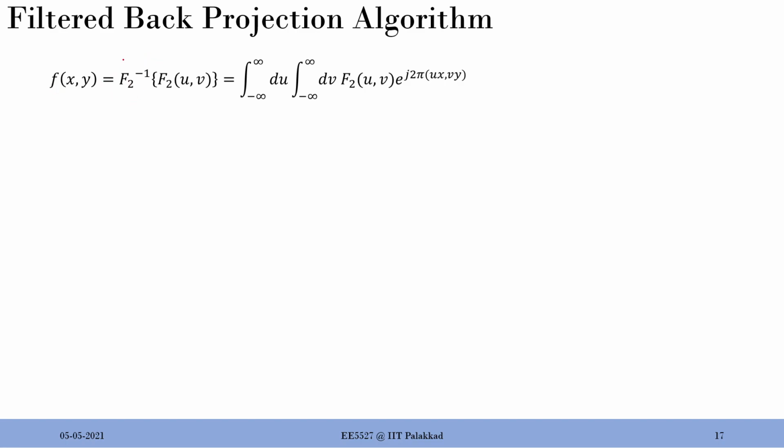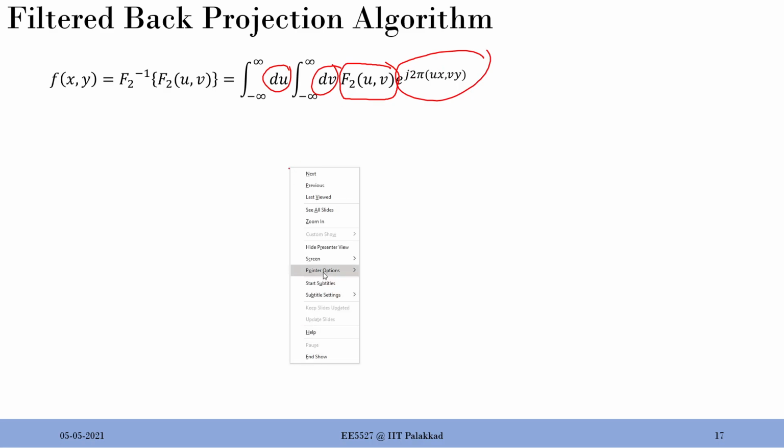So f of x, y is the 2D inverse Fourier transform of the 2D transform, right? This is quite straightforward. You take the 2D Fourier transform of your f of x, y, which is this. If I take the inverse of that, you get back to this, right? As simple as that. Now I just put it in terms of an expression here. This is basically your 2D Fourier transform, and the remaining is basically your inverse 2D Fourier transform, with du dv. You can also see the sign change. This is not minus, this is plus, because that is an inverse Fourier transform. So basically whatever I expanded is the 2D Fourier transform inverse.